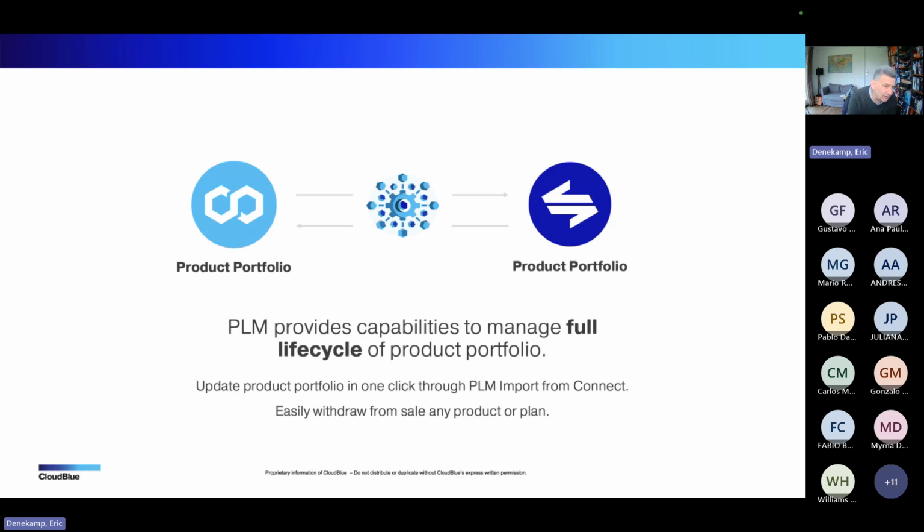And after you've imported it, you still have to set the pricing, but at least it beats going into every single one of those 700 plus service plans through a wizard where you have to set the prices of the same resource rate over and over again. So there are advantages of using PLM and the price manager.